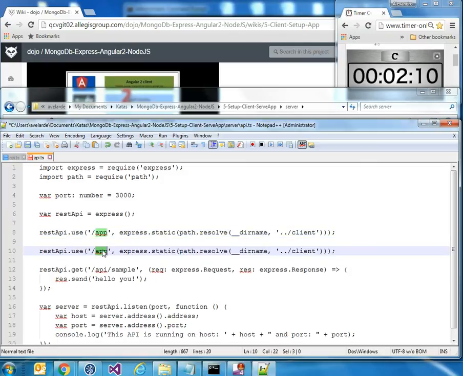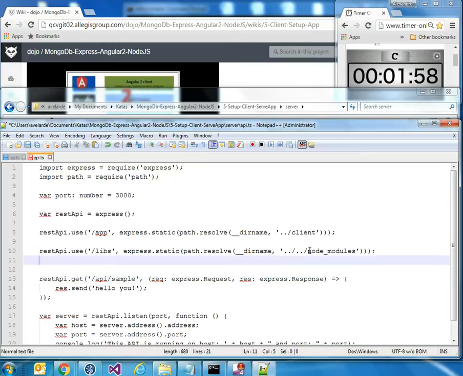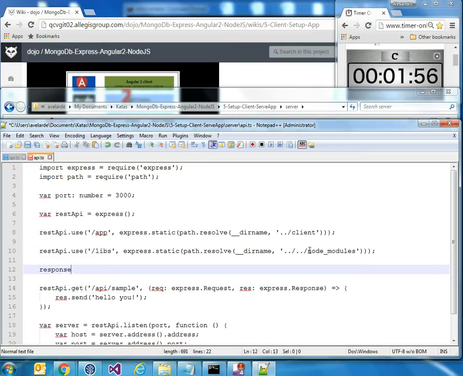We have the libraries. Let's do the same for the libraries, and we want to expose them. It's not in this path. We have it under node_modules. We did the libraries. Now let's do our